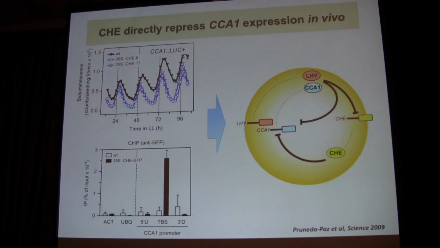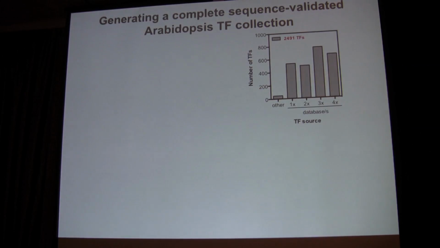So the only thing that we were missing to actually extrapolate this strategy to any Arabidopsis gene was that the collection has to include all the transcription factors that are encoded in the genome. So that's exactly what we tried to do. We tried to generate a collection encompassing all the transcription factors that have been predicted to be encoded in